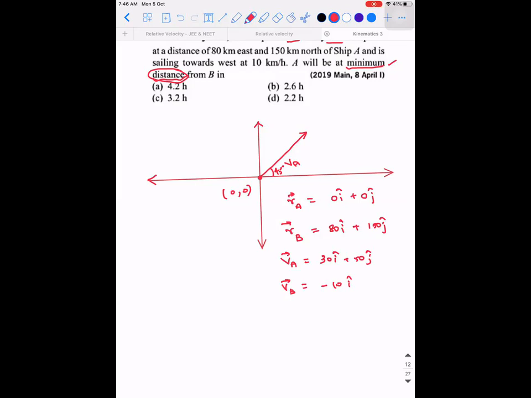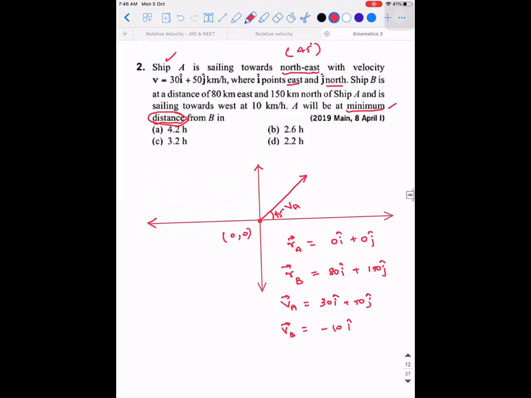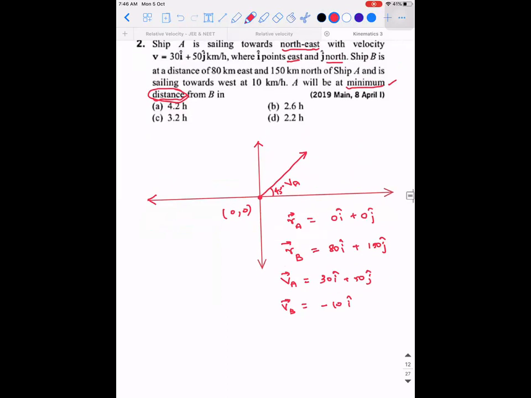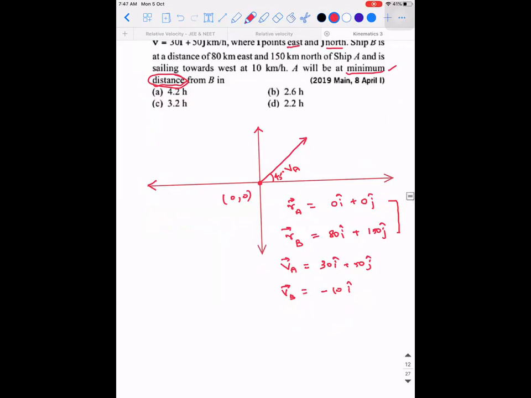Okay. So what we can say is, since they told they are moving with a velocity of this value, here we are not going to take the concept of acceleration itself. Now, these RA and RB, are they the initial position vectors or final position vectors? RA and RB are what is happening initially. They are the initial position vectors.